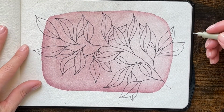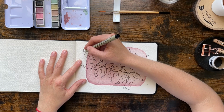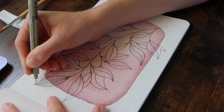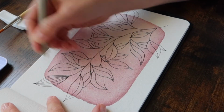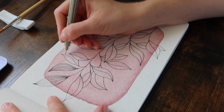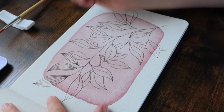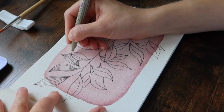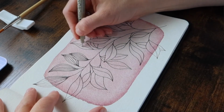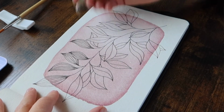Like this, for example. And then we can add extra lines. You can choose whatever direction you want. I will just keep the direction of the length of these leaves, so it will give them extra length. They will look even longer. So just keep making the lines and try to not focus on the perfection of the lines, but just